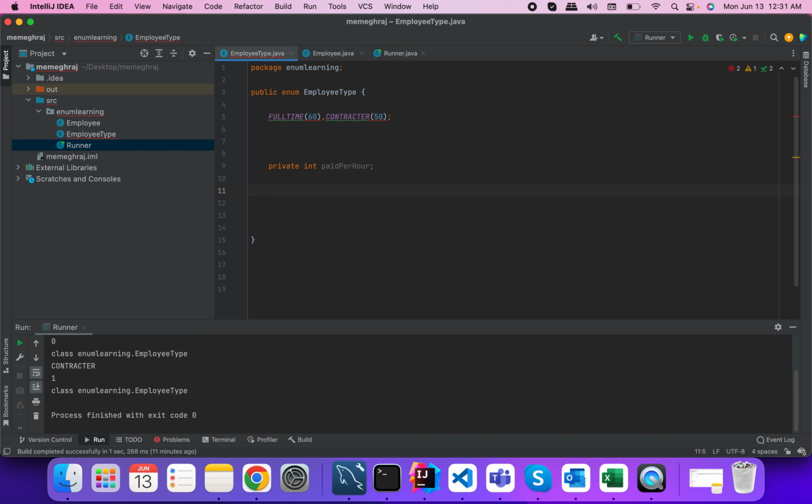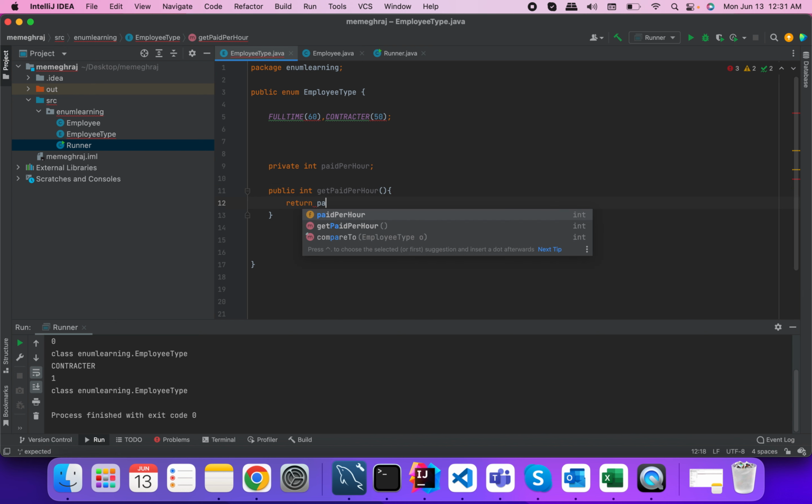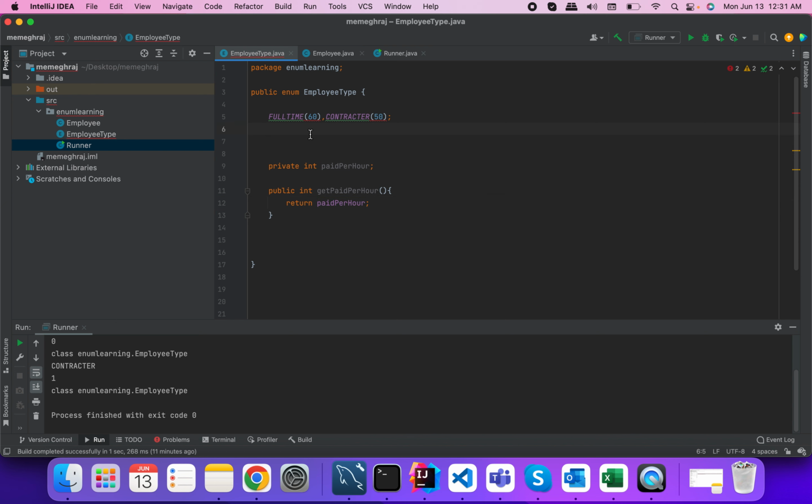So let me make a public getter method, public int getPaidPerHour, and just return paidPerHour. And to initialize that, I'm making one private constructor, private EmployeeType. Let me generate